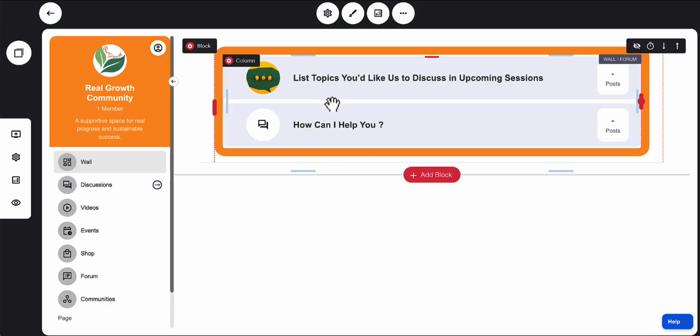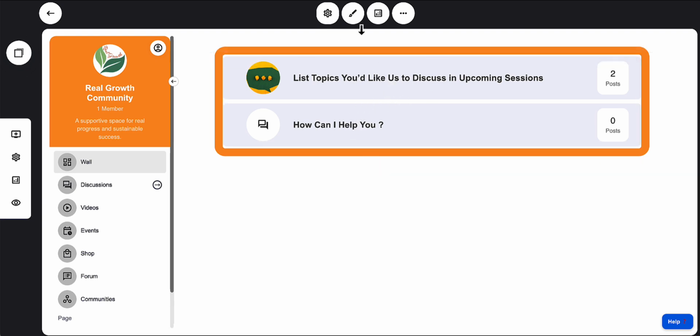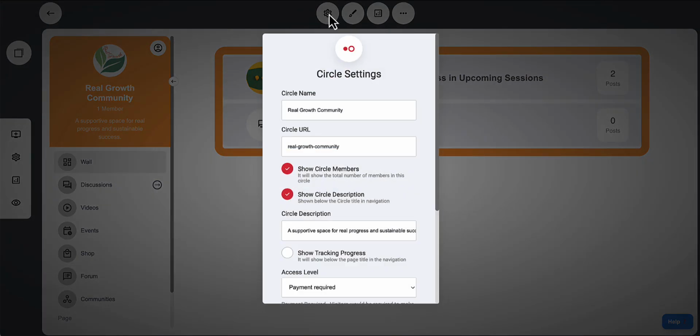So once you click on the circle, it will show up the circle widget, or whatever circle templates that you chose. And then here you can customize it however you like in so many different ways. In order to name the circle and give it a unique URL, you gotta click on this setting icon, and then